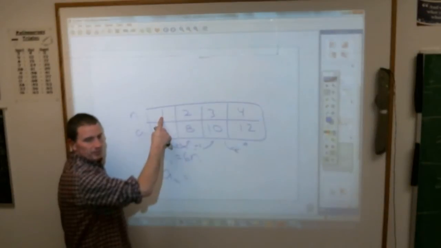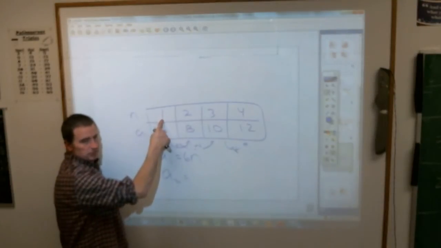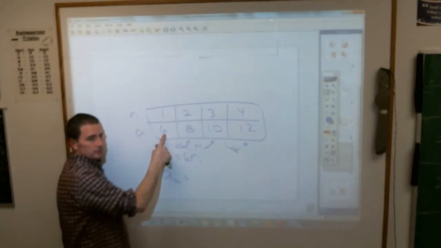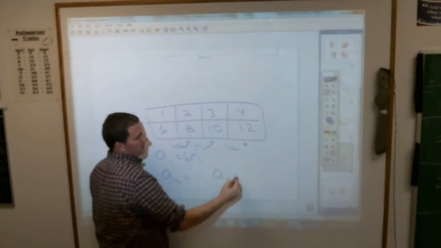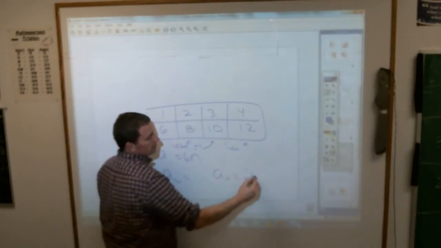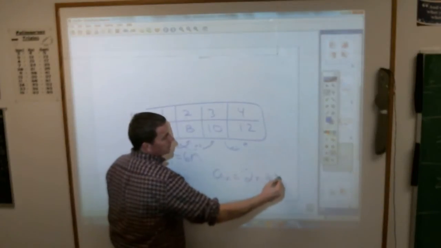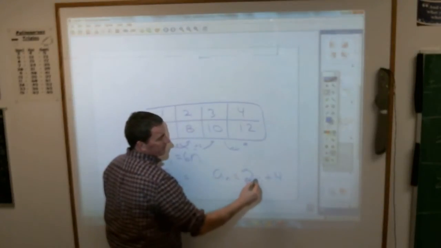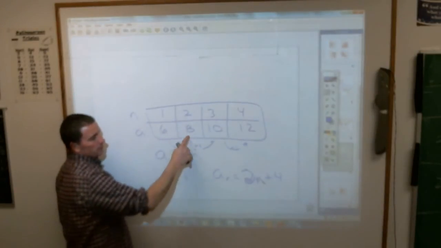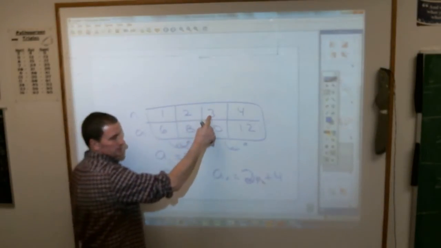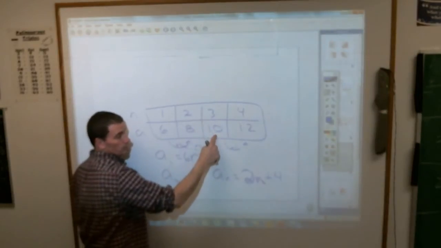Times 2. If I multiply 1 by 2, how much am I short? 1 times 2 is 2. To get the 6 from 2, you have to add 4. Does that work for the rest? A sub n: if I take 2 and multiply n by it and add 4 to it, does that work for everything? Is 2 times 2 is 4, plus 4 is 8; 2 times 3 is 6, plus 4 is